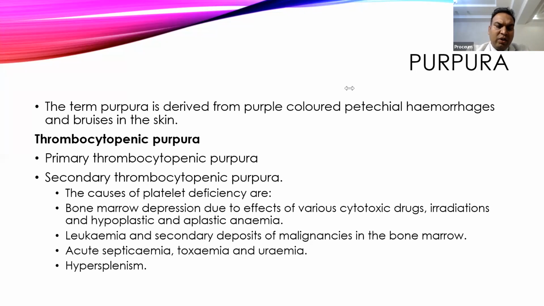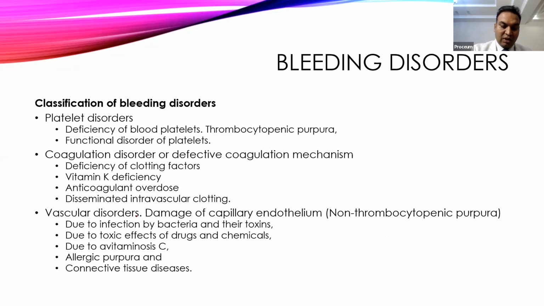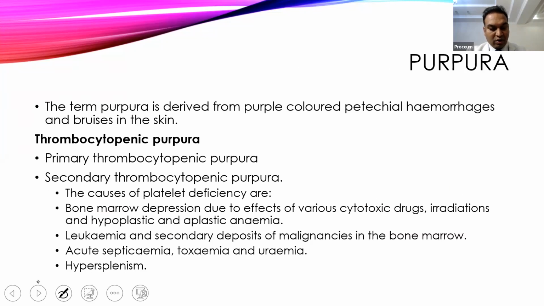And it can occur either because of decreased platelet count, and that is called thrombocytopenic purpura, or because of damaged blood vessels, that is called non-thrombocytopenic purpura. Damaged blood vessels, the reasons we have read in the previous slide. All these are called non-thrombocytopenic purpura. Okay, so we will not go into much detail, but here